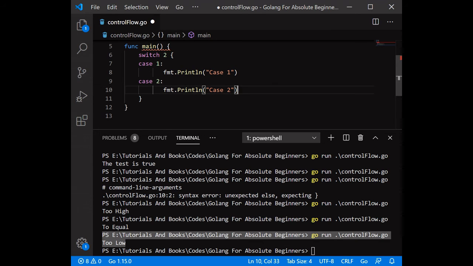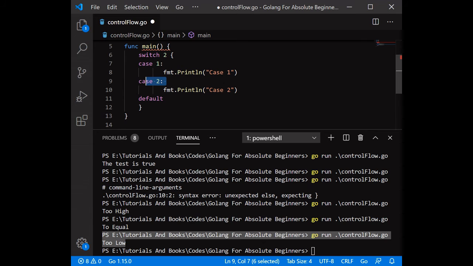And we have a default case in the switch statement. A default case is something that runs when no case is true. If suppose our case 1 is not true and case 2 is not true, then our default case will be executed.